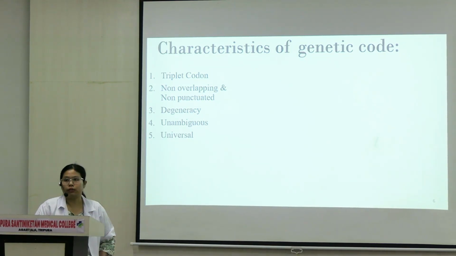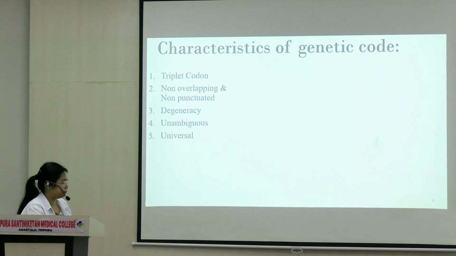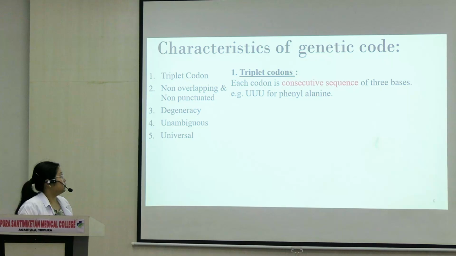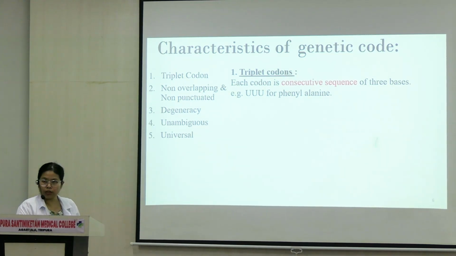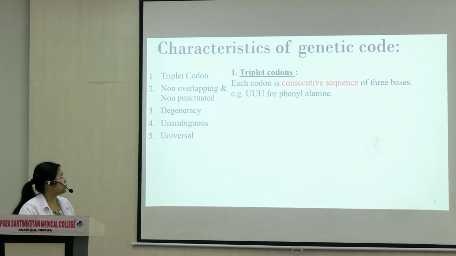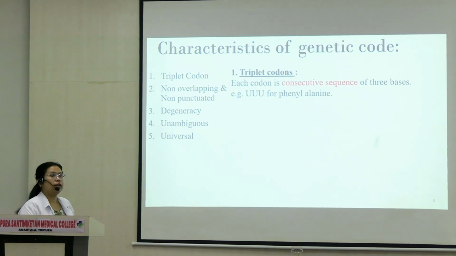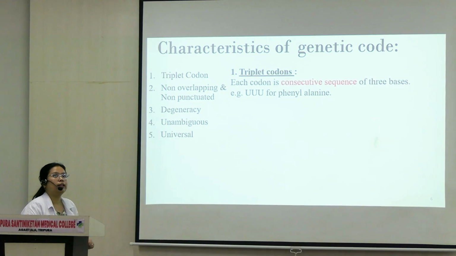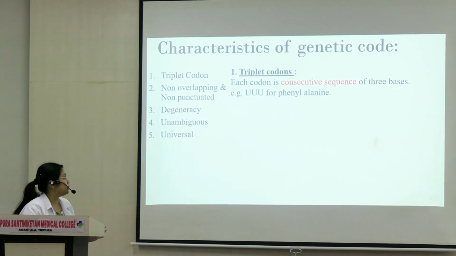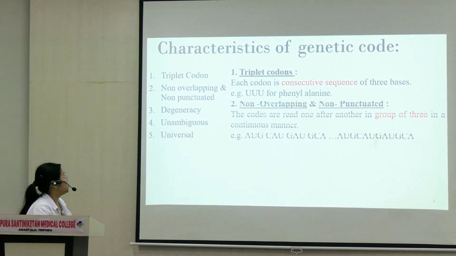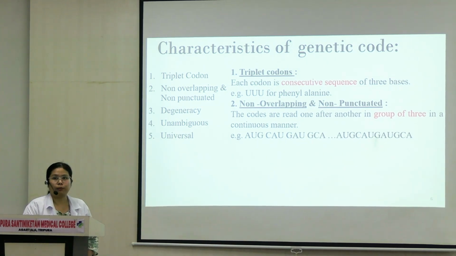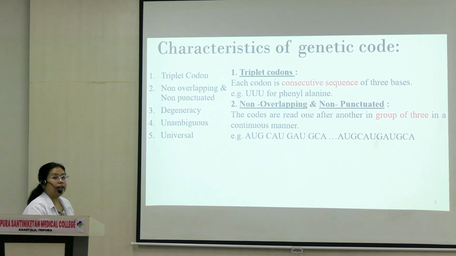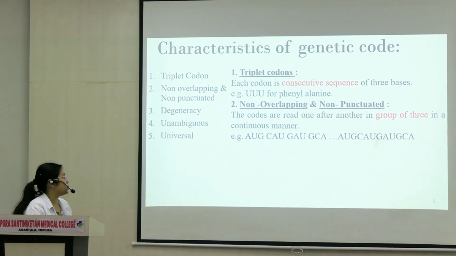What's a triplet codon? Represented by 3 consecutive nucleotide sequence. जैसा अभी हमने पढ़ा AUG for methionine, and over here example UUU for phenylalanine. Meaning all these codons are 3 in numbers. They are represented by 3 letters or 3 nucleotide bases. Okay, they are read together, which is what we mean by non-overlapping, non-punctuated. They do not have commas in between them. There is no space between them. They are read in a group of 3 in a continuous manner.